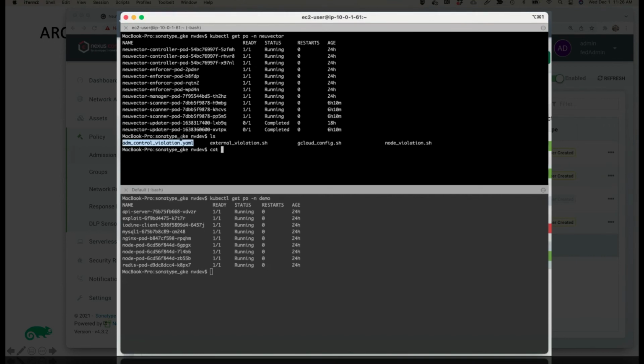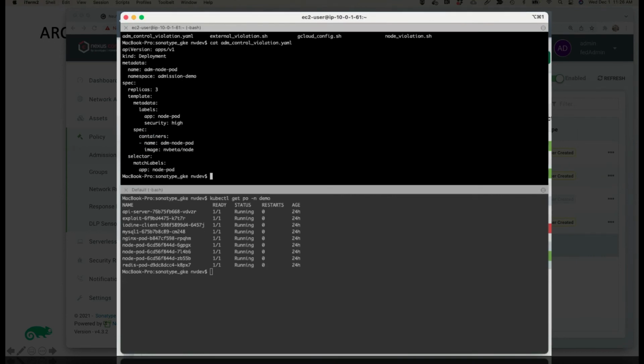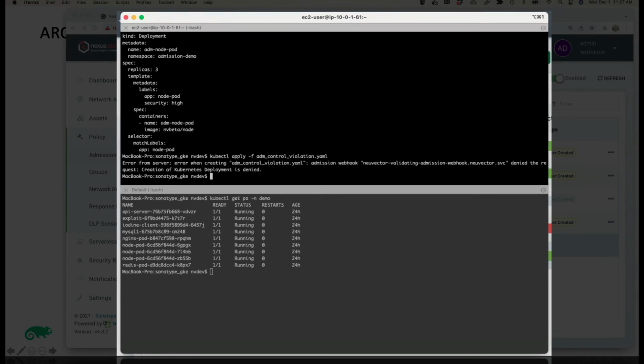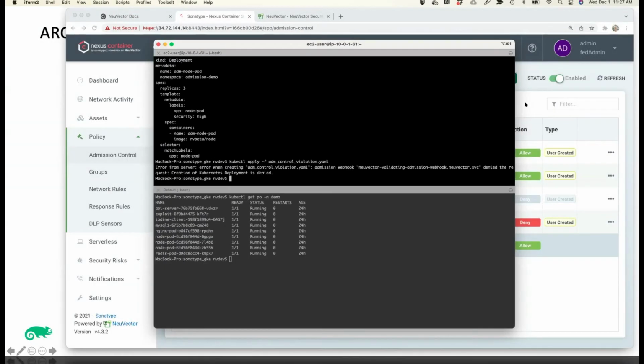I can also just show in a different namespace, I'm going to try to deploy the same Node.js container into this admission demo namespace. All right, so you can see here, there's an error. We're using the admission control webhook of Kubernetes, which denied the request: creation of Kubernetes deployment is denied.